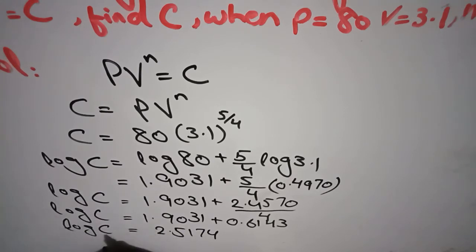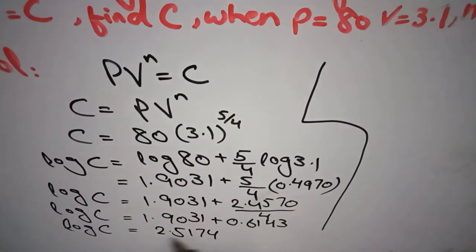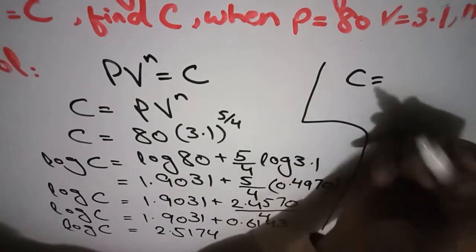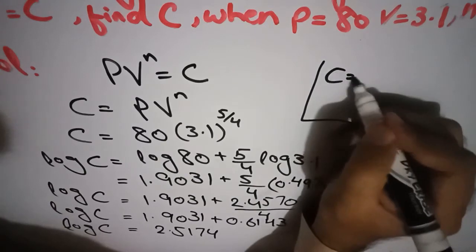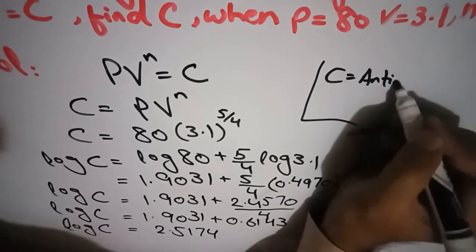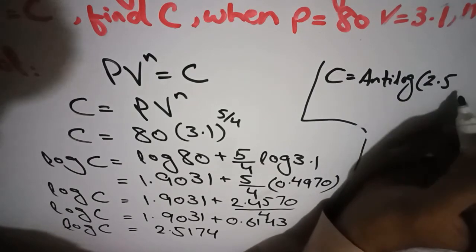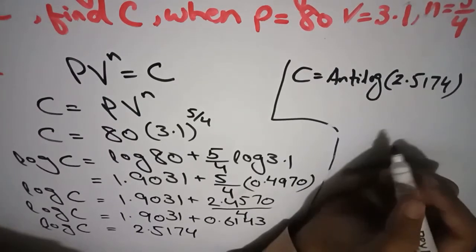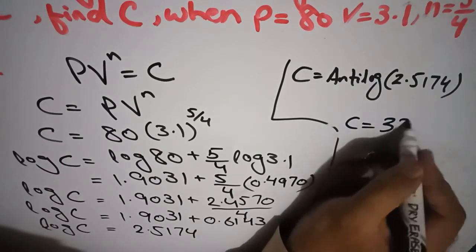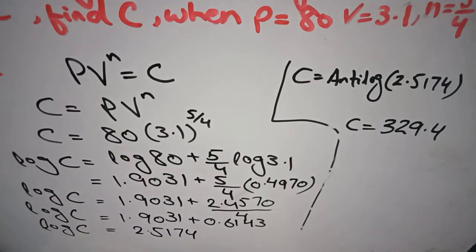Now you will eliminate the log by taking the antilog of both sides, and then you will get, here I am writing, C is equal to the antilog of 2.5174. So C is equal to 329.4, and that will be the answer. Okay,